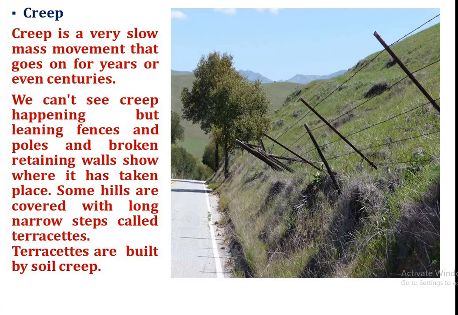We can't see creep happening, हम इस क्रीप को देख नहीं सकते या पता नहीं चलता, but leaning fences and poles and broken retaining walls show where it has taken place. और उन जगहों पर तारबंदी में, कई सारे खंभों में